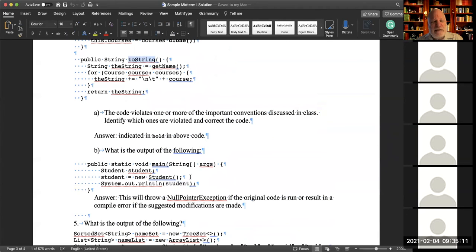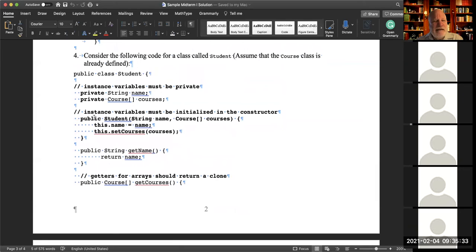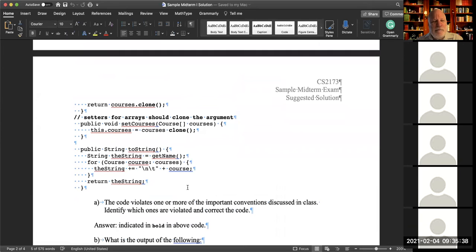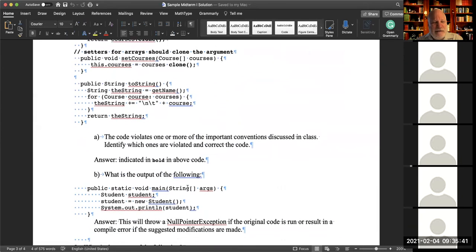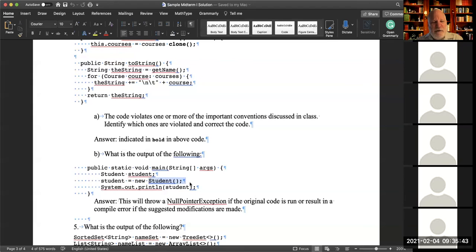So in this case, when there was an empty constructor and the courses array was not initialized, then as soon as you try to execute this, there would be a null pointer exception. Now, if you modified it and added this constructor, then you would get a compile error because there is no empty argument constructor.